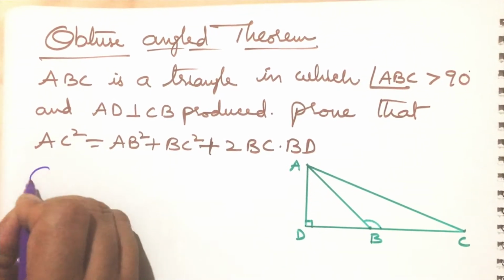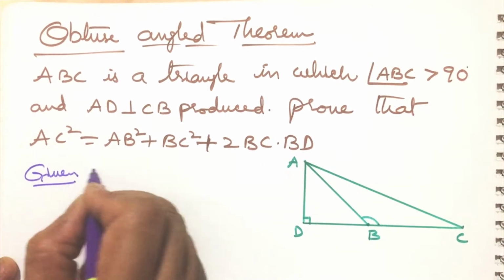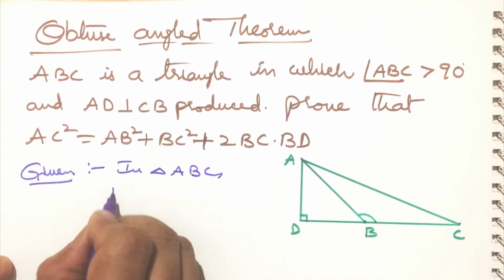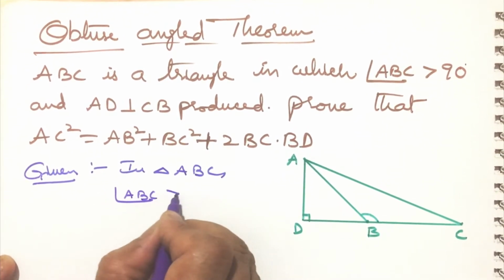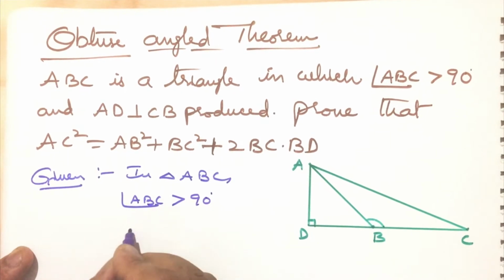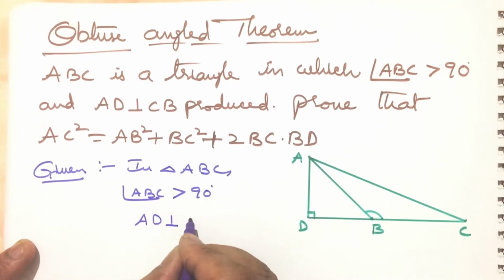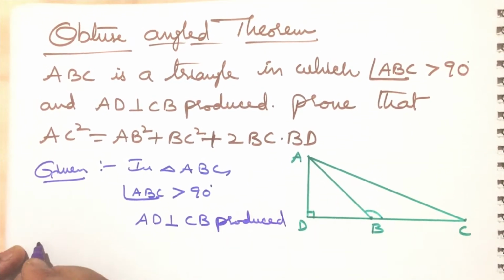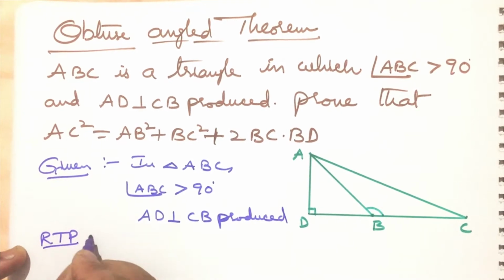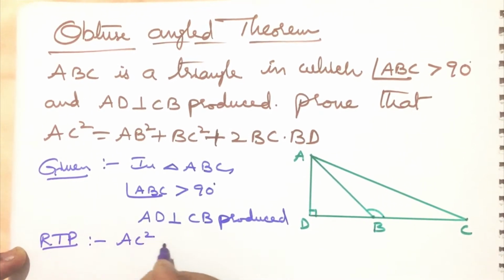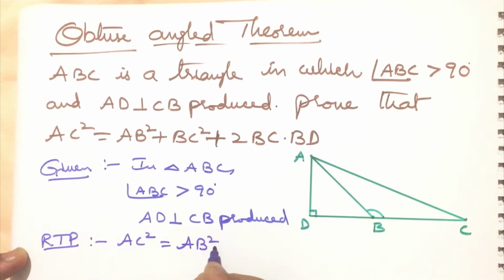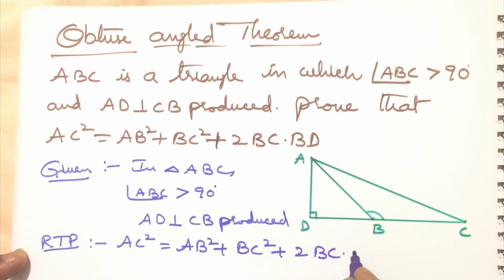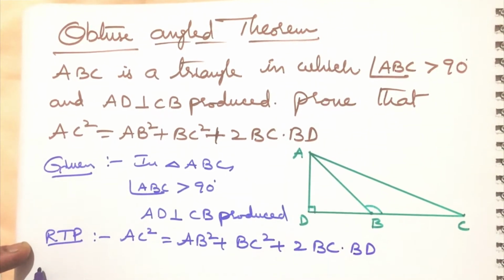So, what is given here? Given, in a triangle ABC, angle ABC is greater than 90 degrees and AD is perpendicular to CB produced. We have to prove that AC square is equal to AB square plus BC square plus 2 times BC into BD. Coming to the proof,